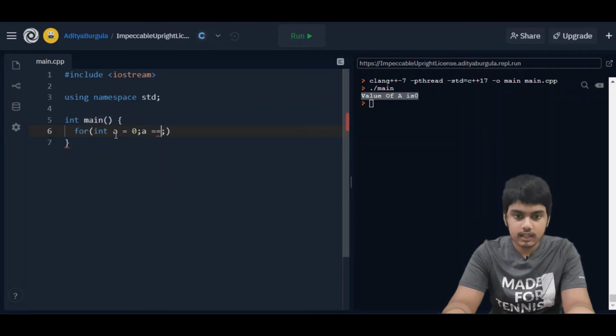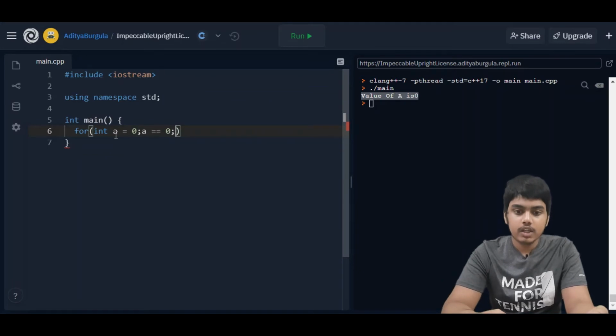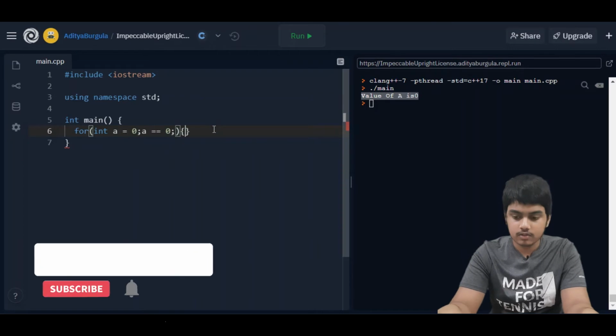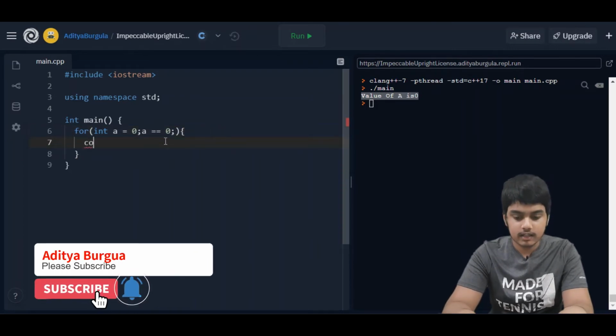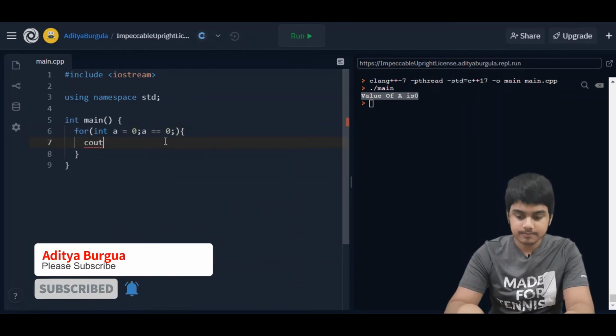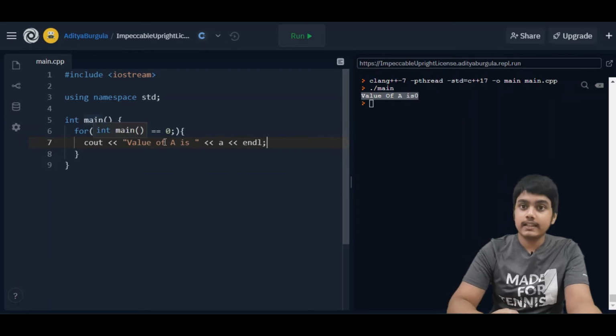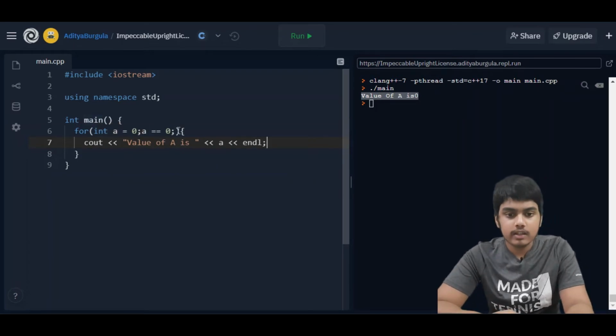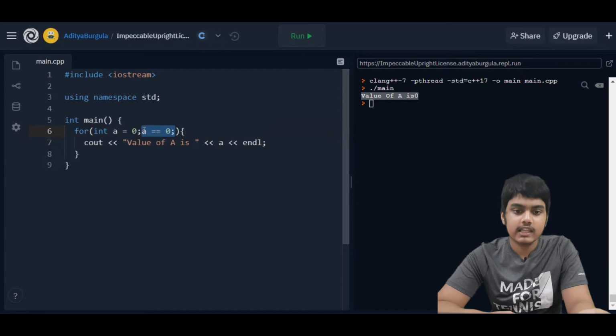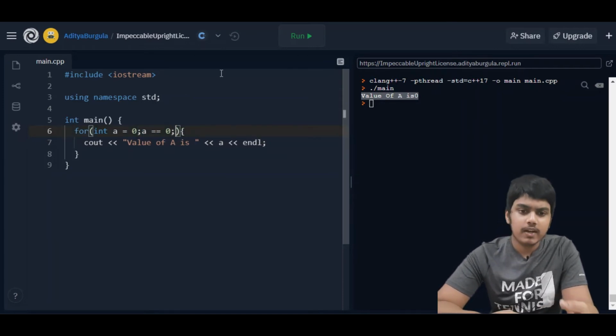So here we'll say a equal to 0, and if that condition is true, it executes whatever code is inside. So here I'll keep it like this, and I'll even add cout over here. Now I have done this just like the while loop, but all the things which we do, initialization, creating the variable, and keeping the condition, are done in the same line itself, whereas in the while loop it is separated